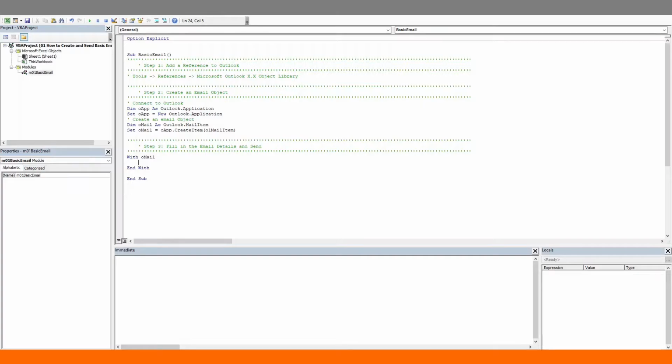First, we'll fill in the email recipient. You may choose to fill in the CC and BCC, or just mention them and leave them blank, or not mention them at all. Here, we will mention them but leave them blank. Next is subject line, and then the email body. We will feed in some multi-line text.